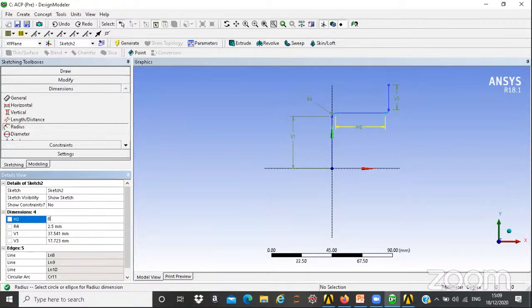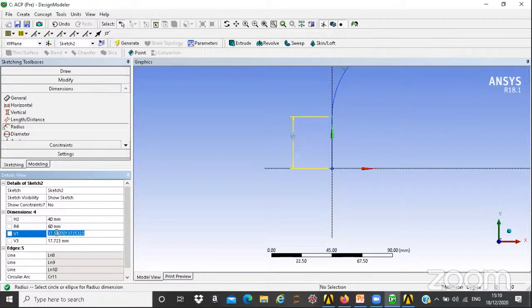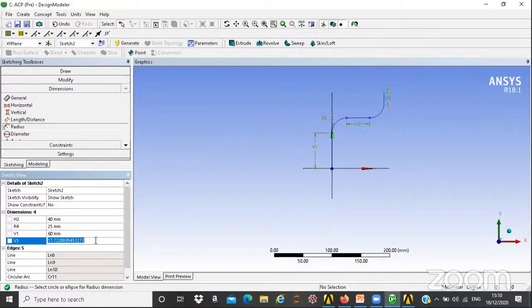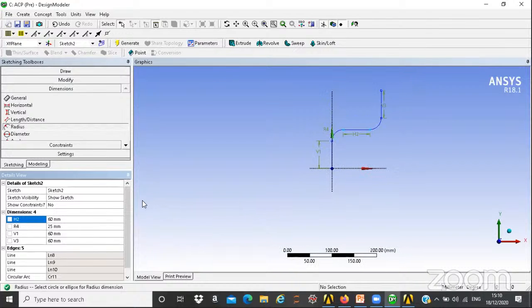I will give normal arbitrary dimensions, just for understanding purpose. Okay, I will do this. This is 16 radius. And I'll give this 16. We'll give a little bit of length to this horizontal. This is also this. See, now the line is chosen. So I give dimension. Now go to sketching